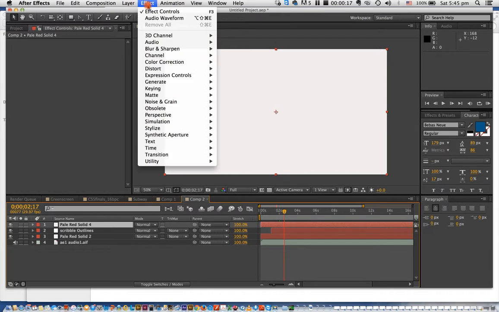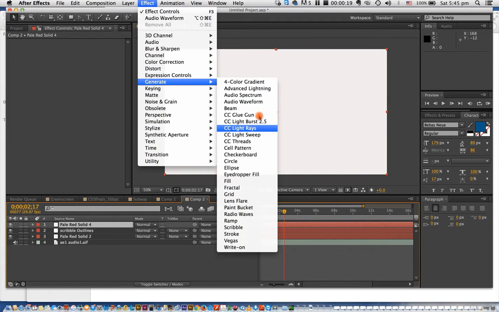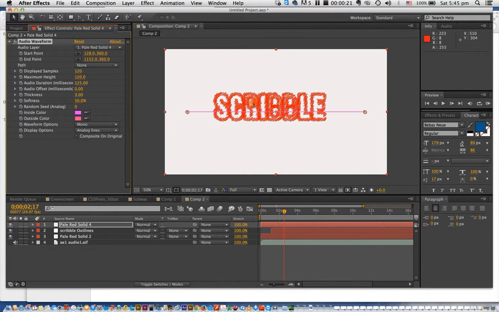See, it's an automated effect. We can adjust the thickness of the lines and the height, and these waves come from the audio, from the audio we play. If you notice,